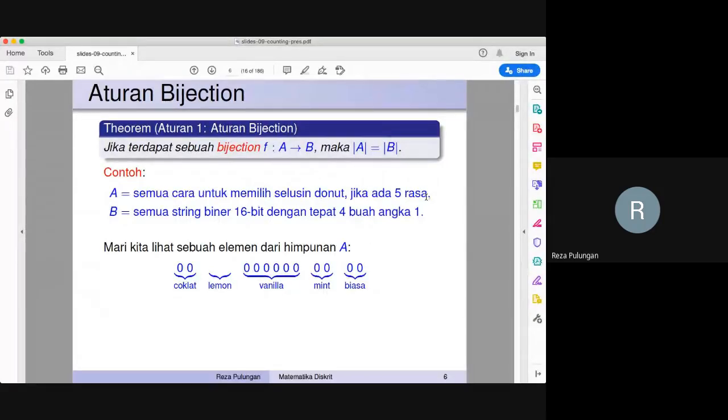It is not easy for us to grasp or imagine. But later on, we will see that if I ask instead about B, namely how many 16-bit binary strings there are with exactly 4 ones, you will see that it's easier to solve B.